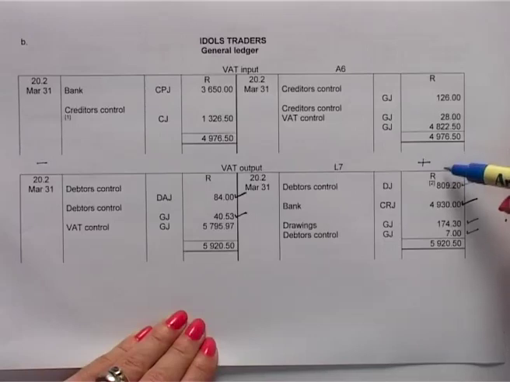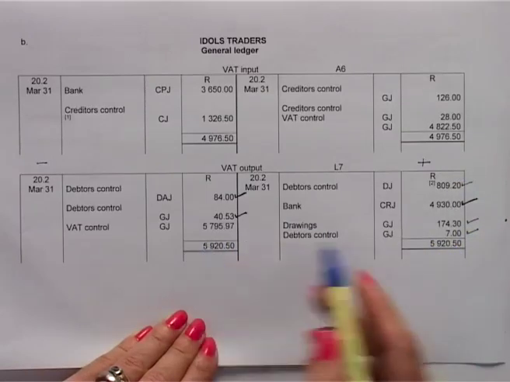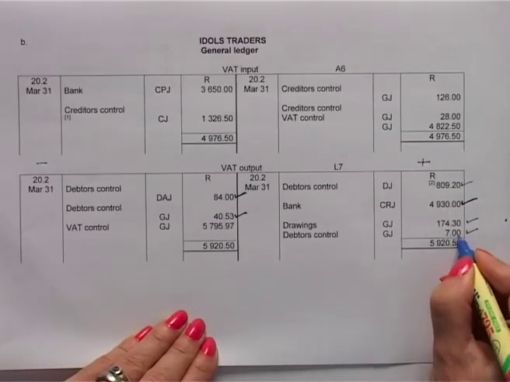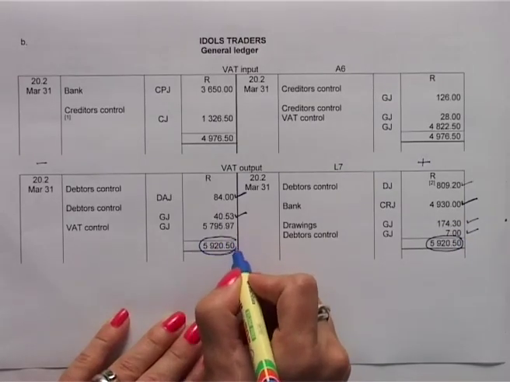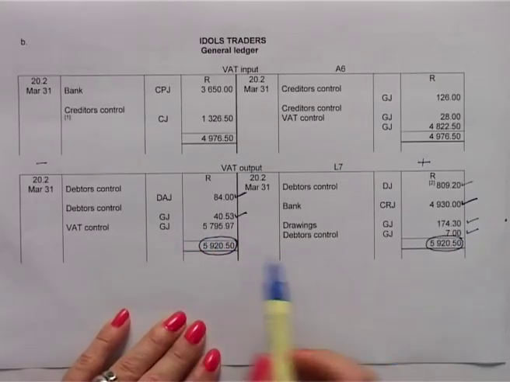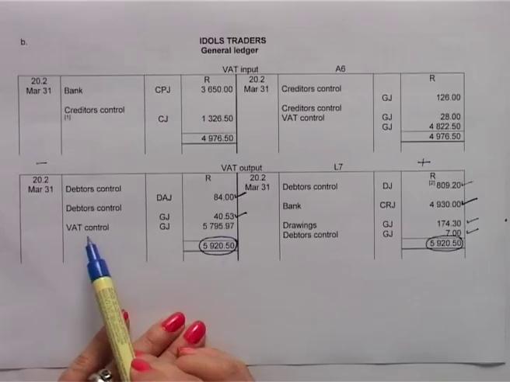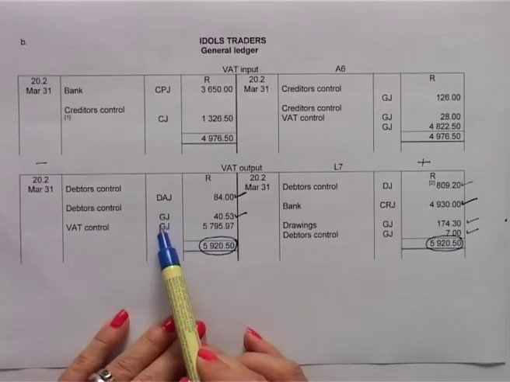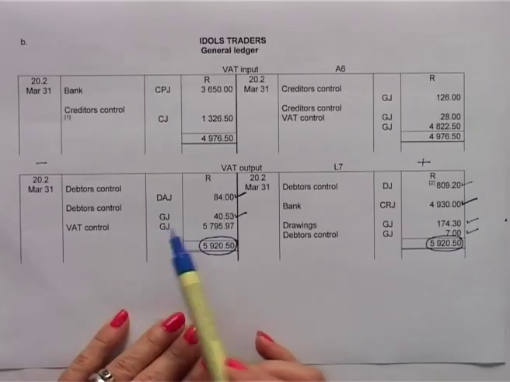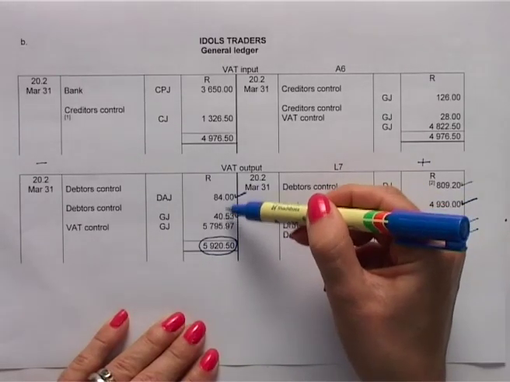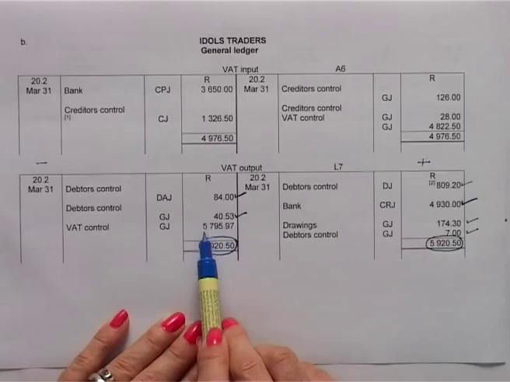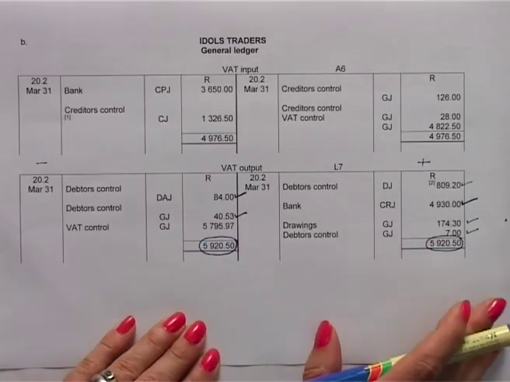At this point, our credits exceed our debits, so the total of 5,920.50 Rand is what I would want on the debit side as well, and I do not balance the account, but I close it off to the VAT control account. This will also occur in the general journal. So my 5,920.50 Rand minus these two reversals will end up in my balancing amount that I can take to